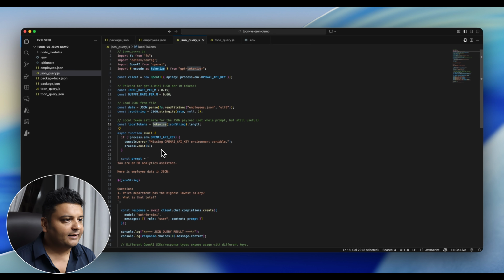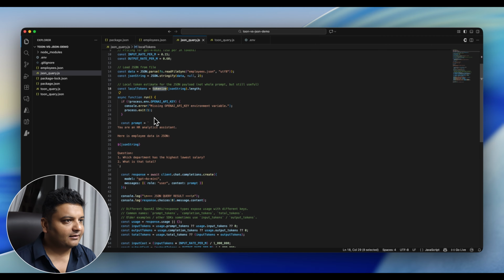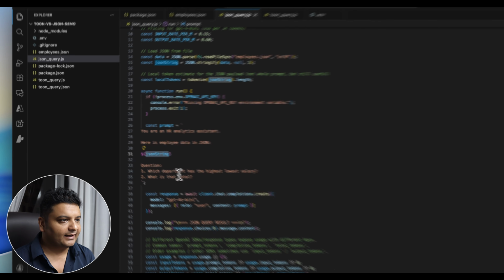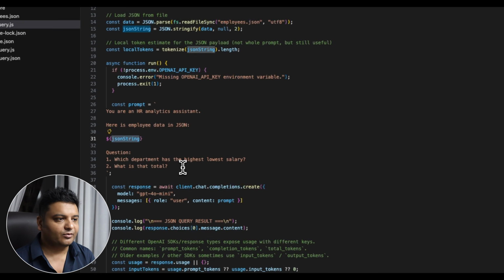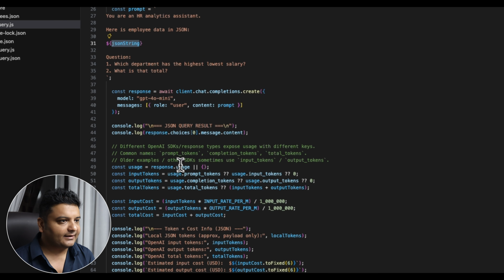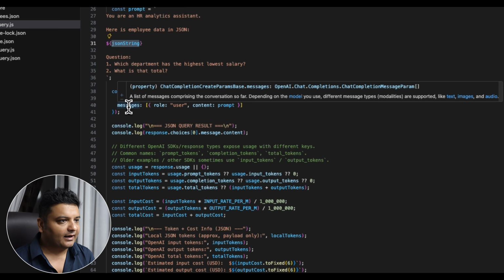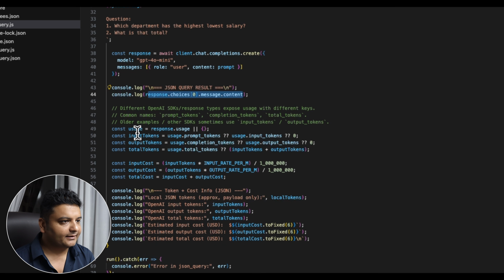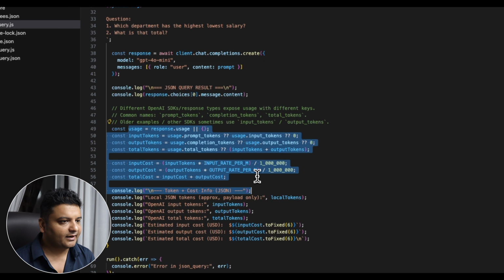All right, then, okay, this is some error handling. Let's forget that. And then there is a prompt. I'm going to say that you are an HR analytics assistant and you have got this data from my employees.json, and these are the two sets of questions that I'm going to ask it. Then it is going to hit the OpenAI and get me some results. So here is my message content,